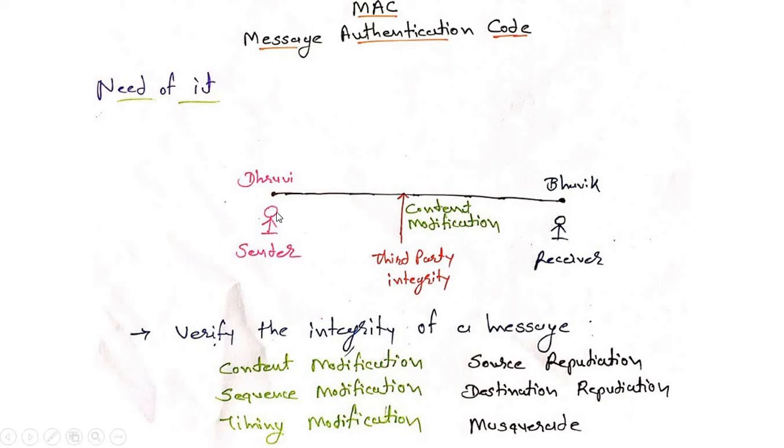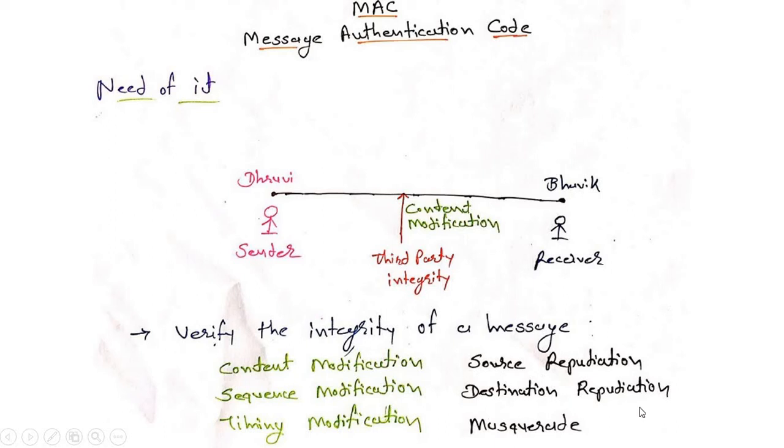Suppose whenever we receive any type of message on our mobile or any type of mail, we look at what time the sender sent the mail or message to us. Like yesterday Dhruvi sent one message to Bhavik. Whatever third party, malicious user or hacker is there, suppose they change the timing, and they can change the timing to 1 week before. So Bhavik will think that it is not an emergency message, that it was sent 1 week before, so right now there is no more importance. This type of timing modification can occur from the hacker's side.